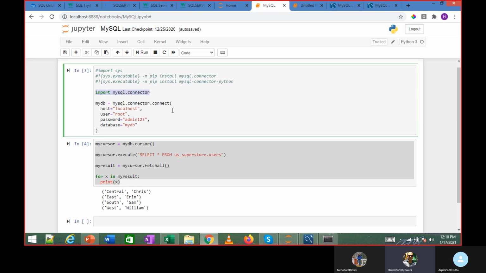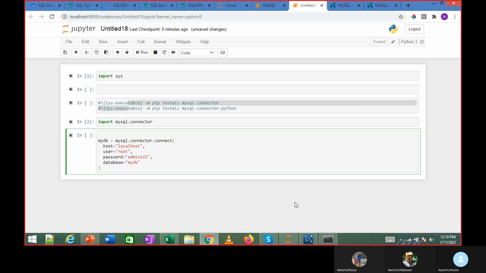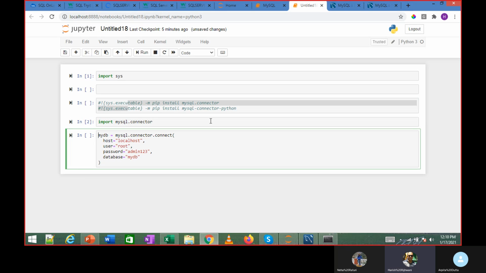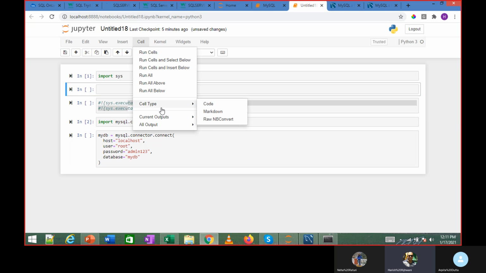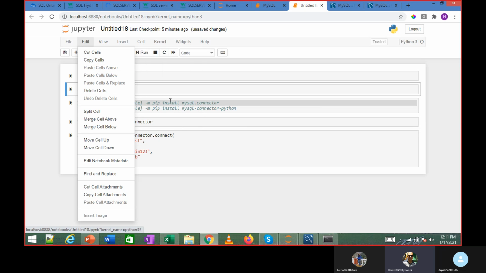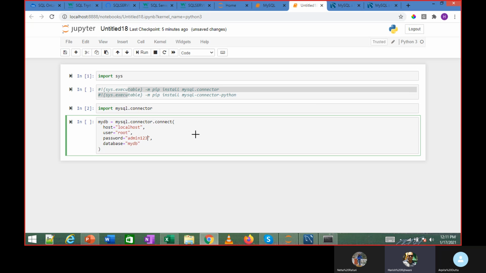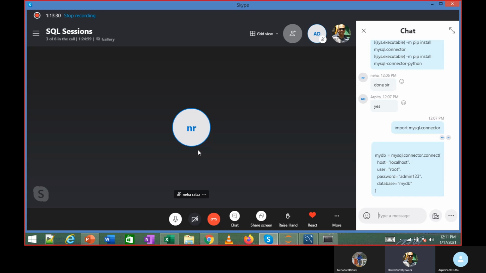So import the connector and then I'll explain the connection string. Is your import done?